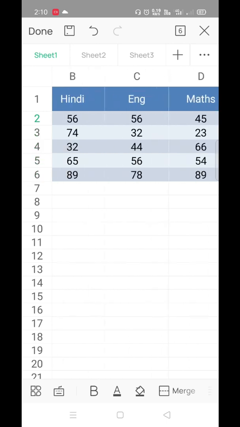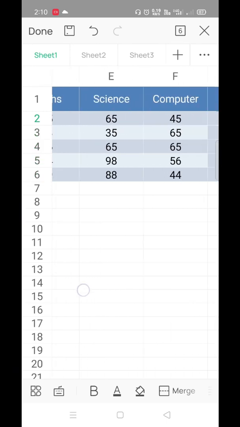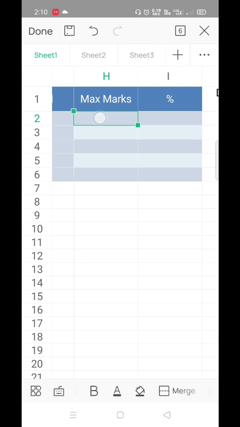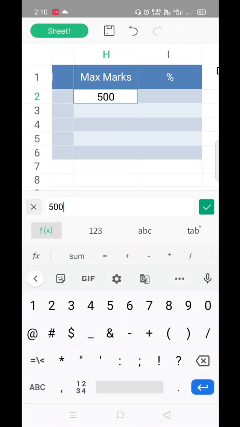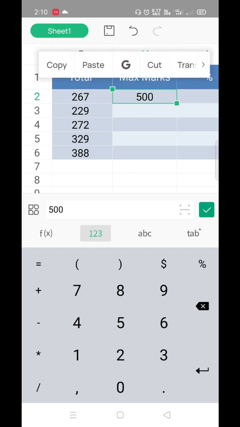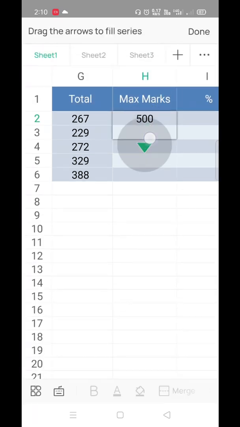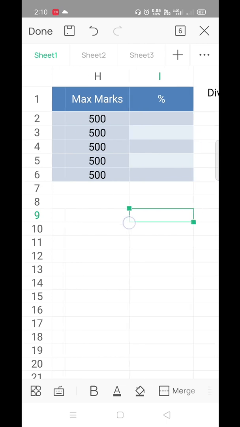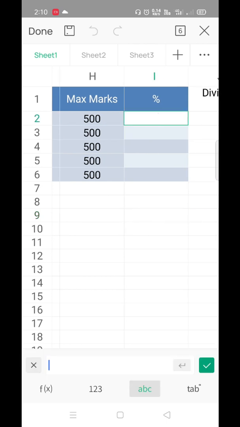Maximum marks, how many subjects are there? 1, 2, 3, 4, 5. It means maximum marks are 500. Let me fill the series, and here we will calculate percentage.